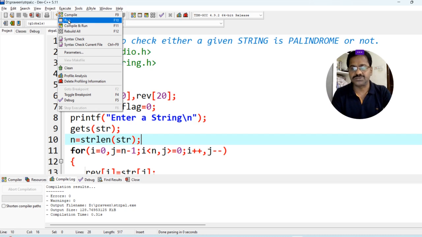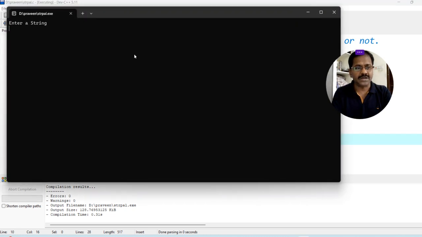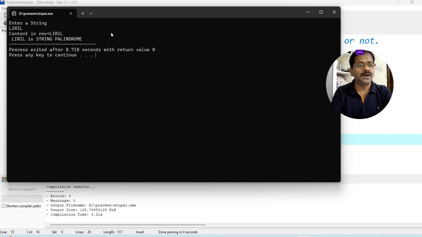Extension for the object file is .obj. Now we compile the program. Now we are going to run a program. You see here, whenever we run the program, it will ask to enter a string. For example, if I give liril, L-I-R-I-L, you see here, content in reverse